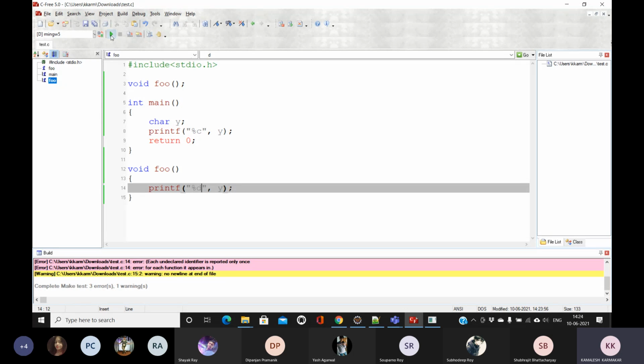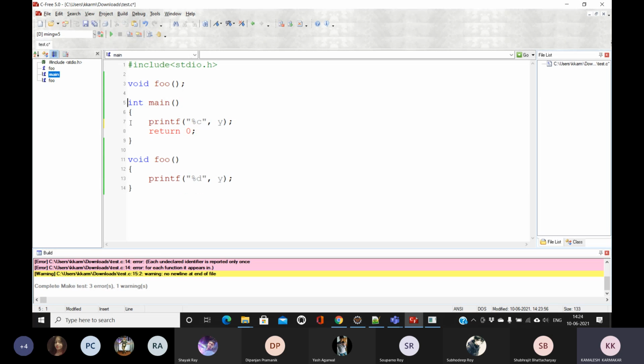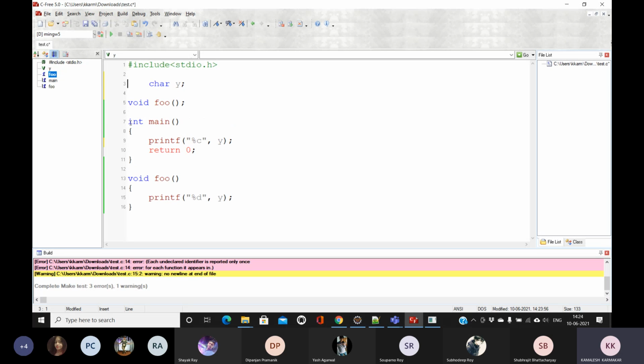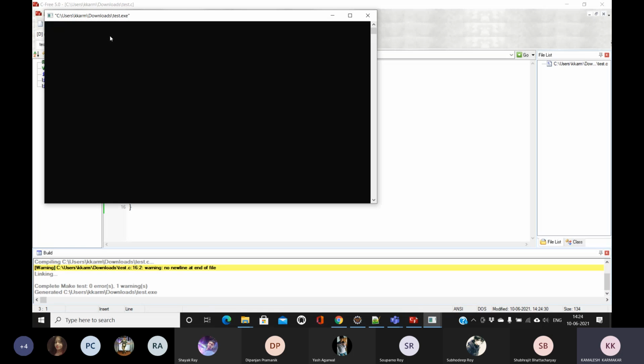Now if I declare this variable as a global variable, then it is accessible in both of these functions. So now if you want to print that value, it is accessible. The program is compiling.